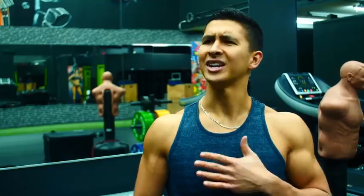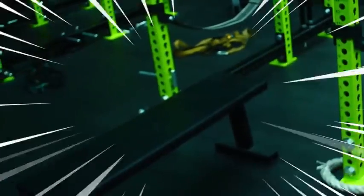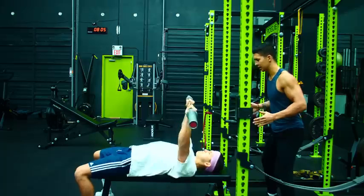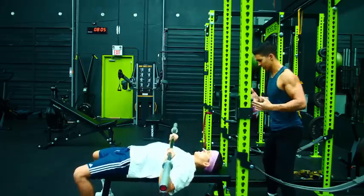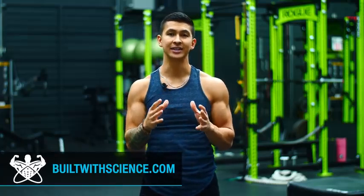Hey, you want a bigger chest? You got to bench. How many times have you heard, want a bigger chest? Then you have to bench. But this is actually pretty good advice because we know that the bench press is highly effective at growing the